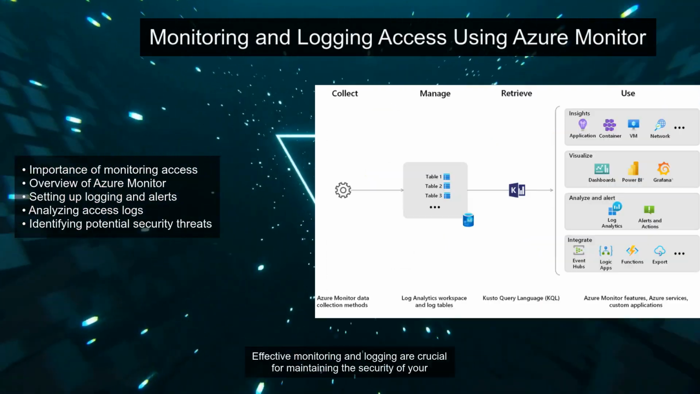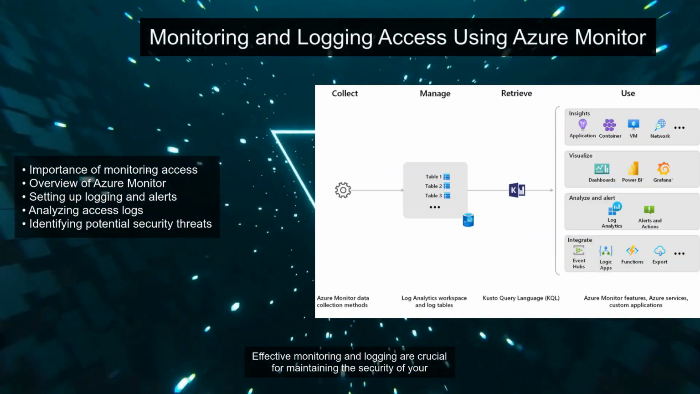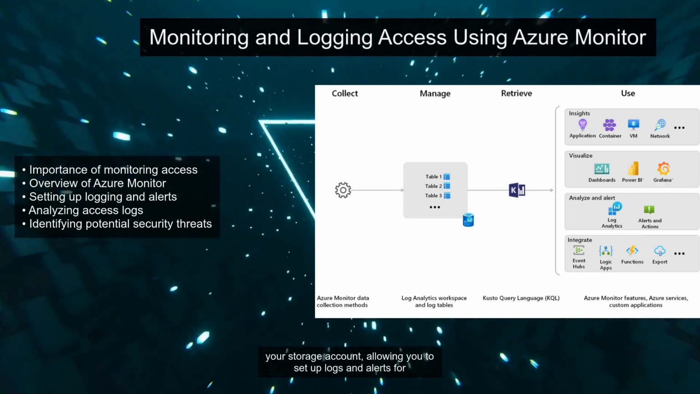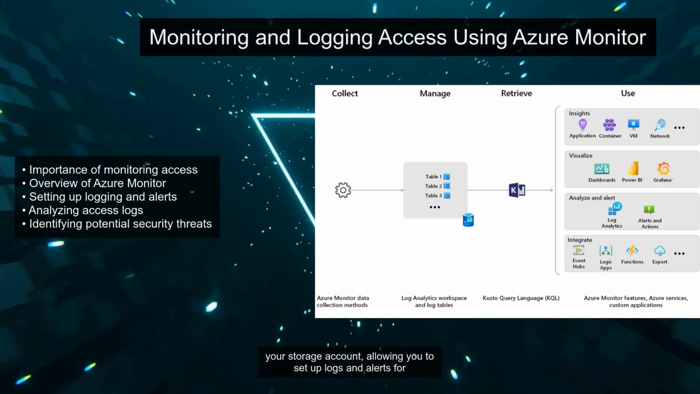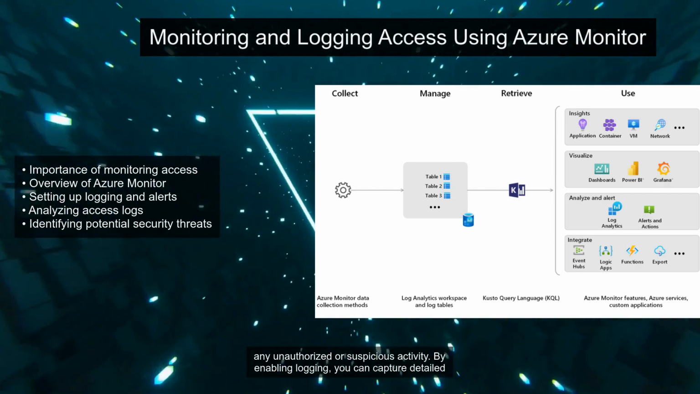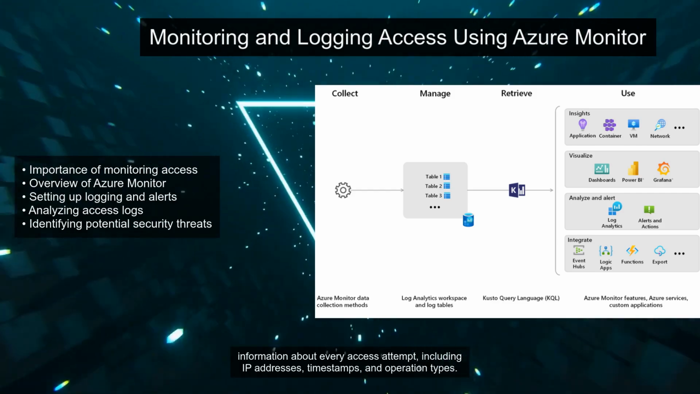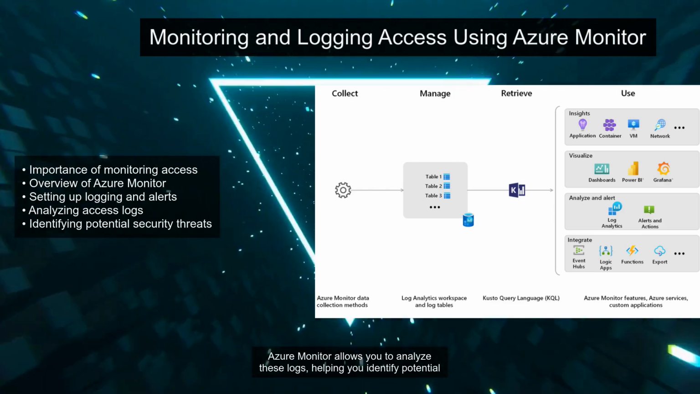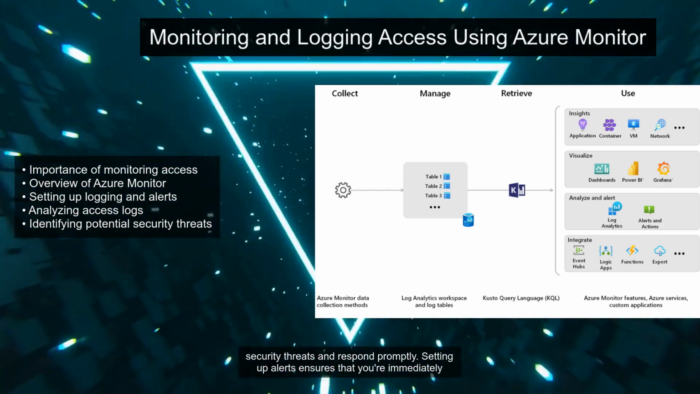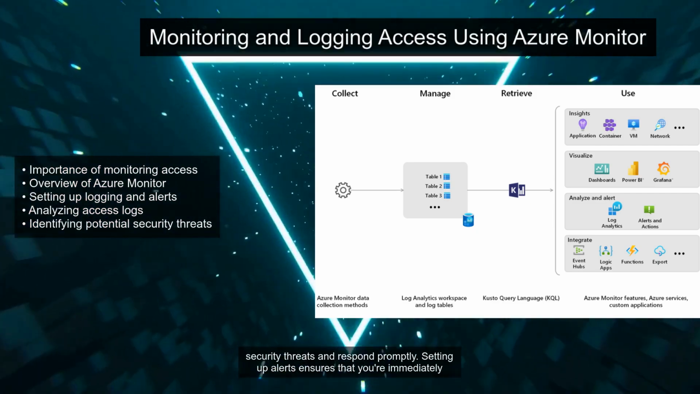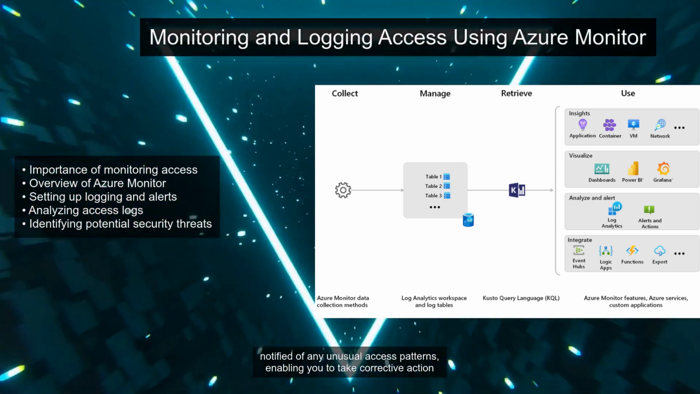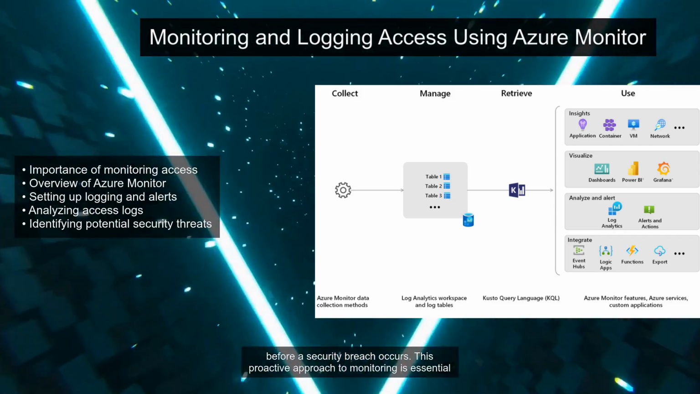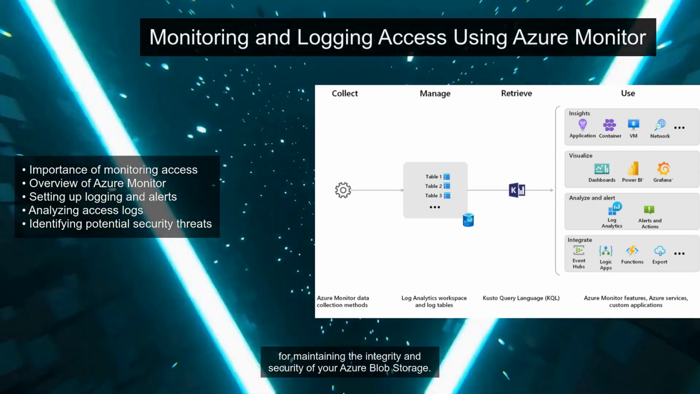the Azure environment. Effective monitoring and logging are crucial for maintaining the security of your Azure Blob Storage. Azure Monitor provides comprehensive tools for tracking access to your storage account, allowing you to set up logs and alerts for any unauthorized or suspicious activity. By enabling logging, you can capture detailed information about every access attempt, including IP addresses, timestamps, and operation types. Azure Monitor allows you to analyze these logs, helping you identify potential security threats and respond promptly. Setting up alerts ensures that you're immediately notified of any unusual access patterns, enabling you to take corrective action before a security breach occurs. This proactive approach to monitoring is essential for maintaining the integrity and security of your Azure